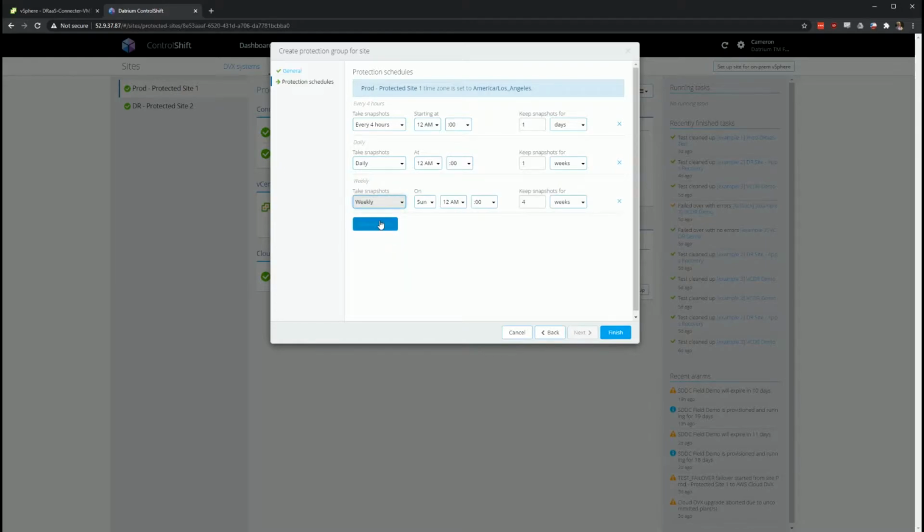I want a weekly point, and then I want a monthly point. So I want to do dailies for 2 weeks. I want to do weeklies for 4 weeks, and I want to do monthlies for 3 months. So effectively what this will give me is points every 4 hours that I will retain